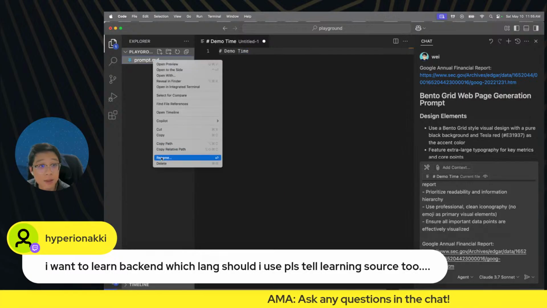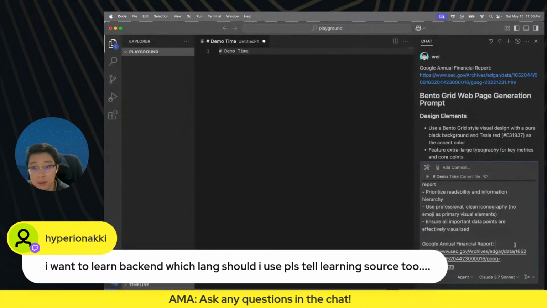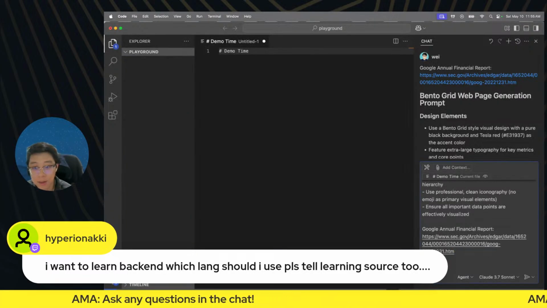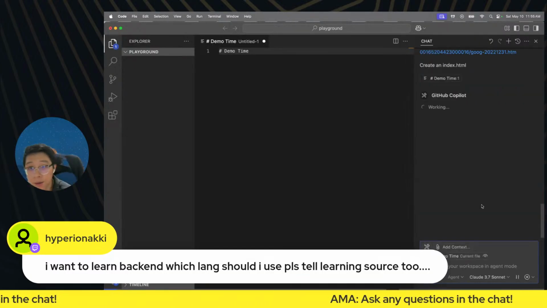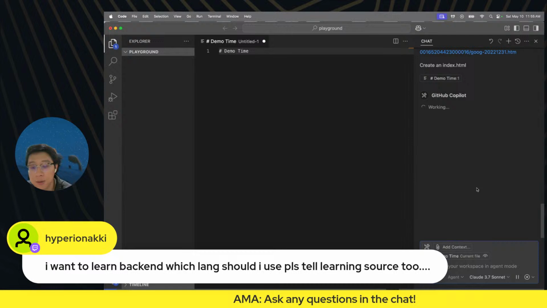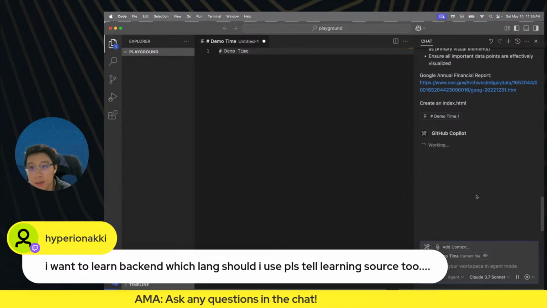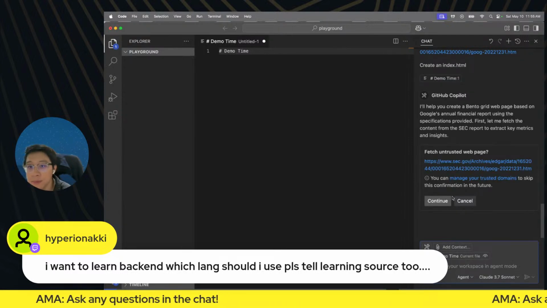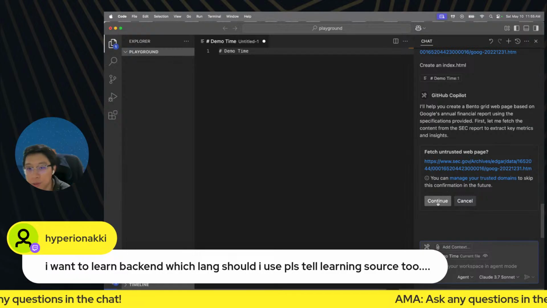Delete the prompt as well. Create an index.html and hit go. So fingers crossed. I hope it works. Let's see if it works. Okay, I'm going to give it permission to read that page.